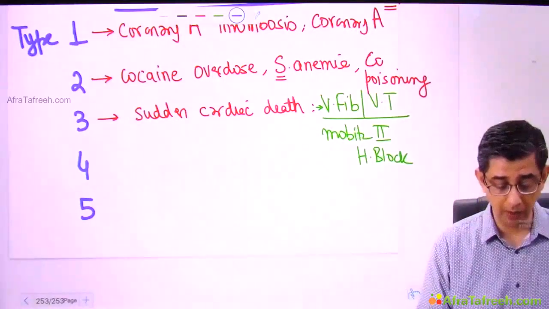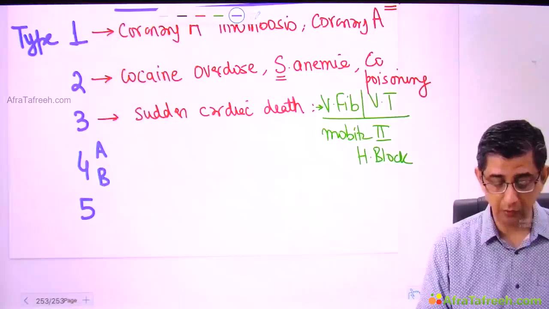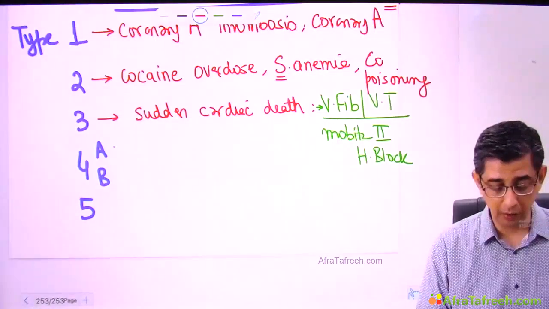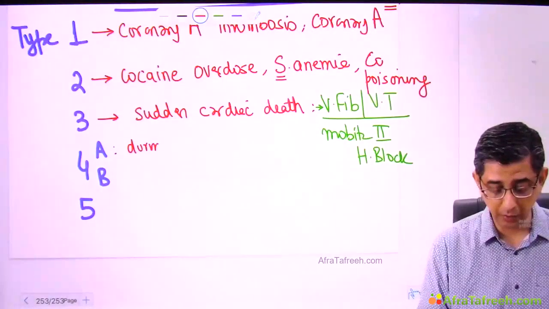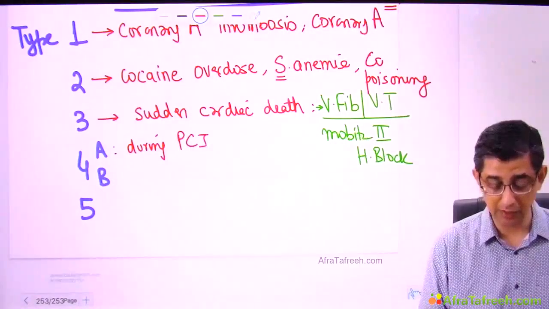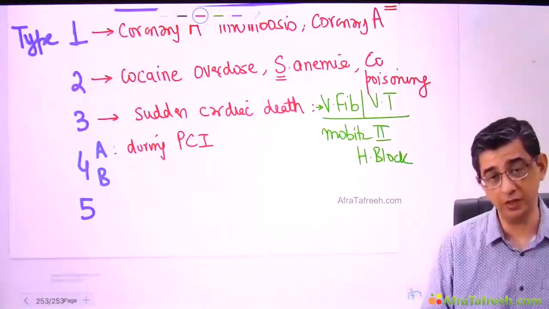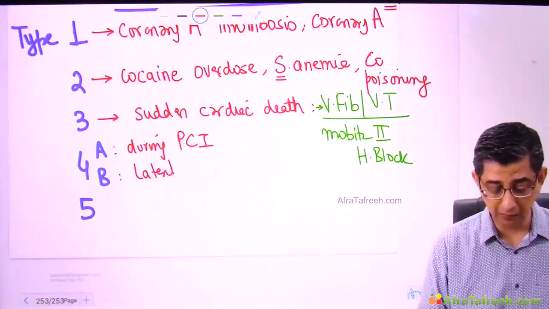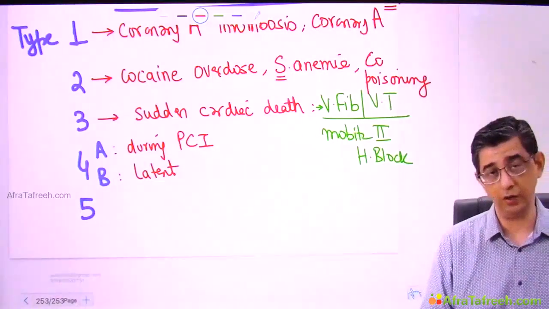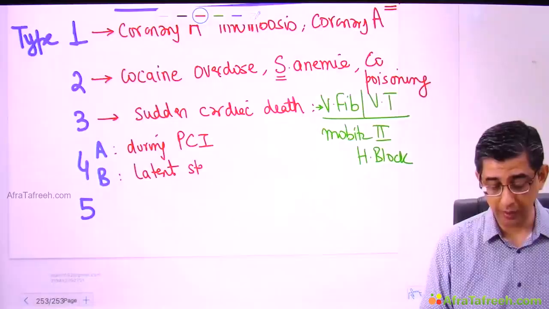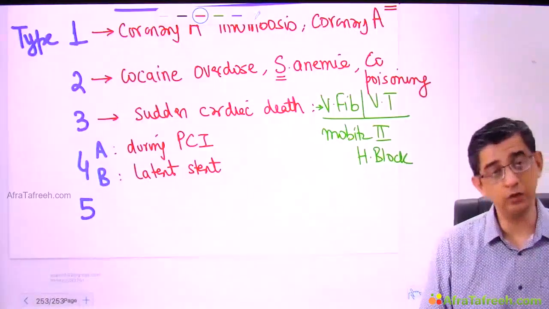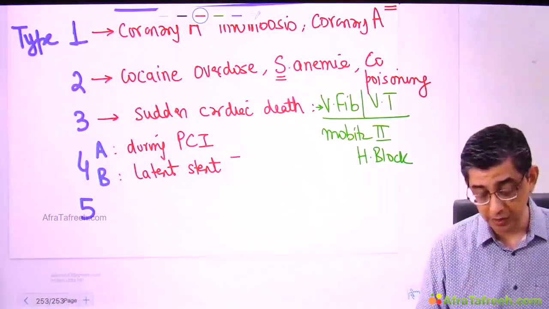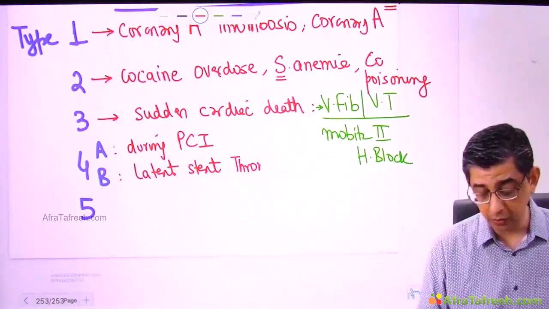For type 4 MI, there are two subtypes, 4A and 4B. For 4A, I want you to remember this can occur during percutaneous coronary intervention, and it was discussed even in the chronic stable angina topic. For type 4B MI, I want you to understand that we are putting a stent in the coronary artery. Now, a stent is after all also a metal, no? So metal and platelets don't go together. So it is the stent which is ultimately contributing to thrombus formation.